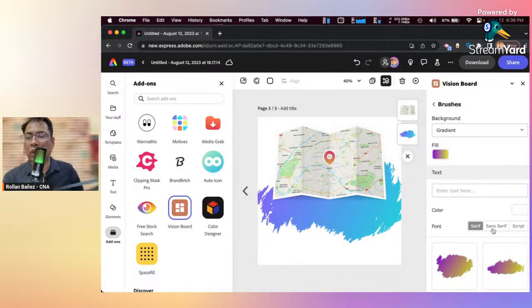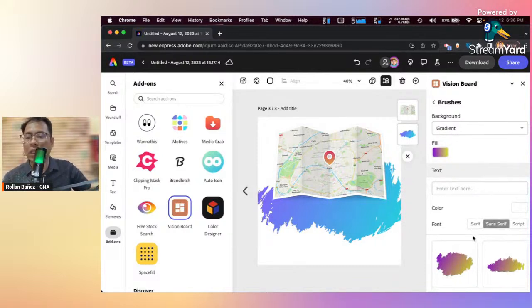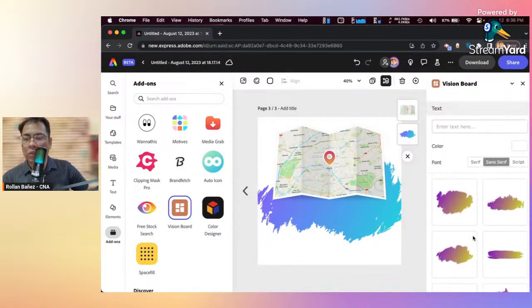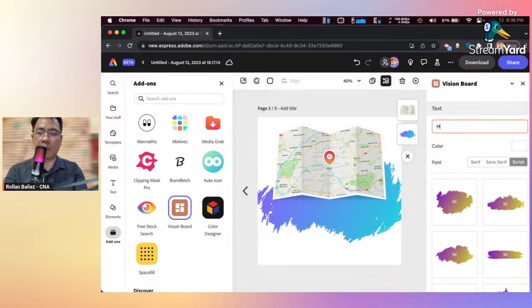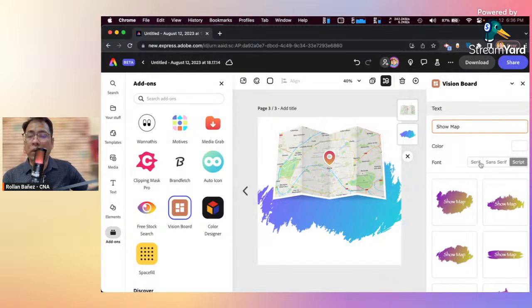You can also use some of the fonts. I don't know what this sans serif is. Okay, you can put the text here. Let's say maps, show map. You can easily do that using these options. The font selection is affected by the text input.